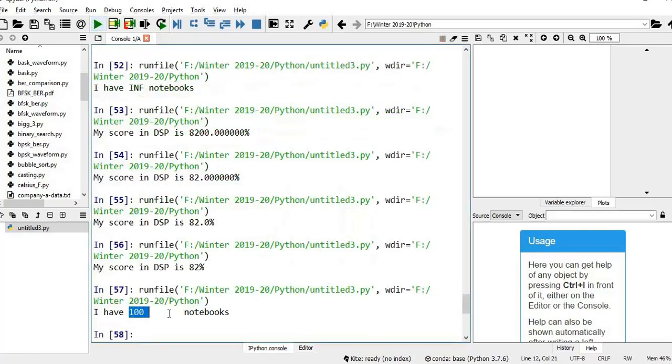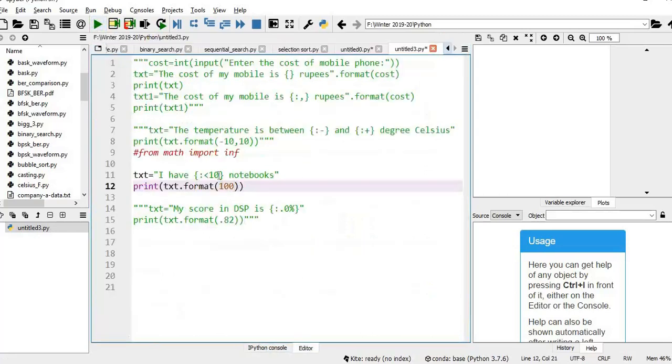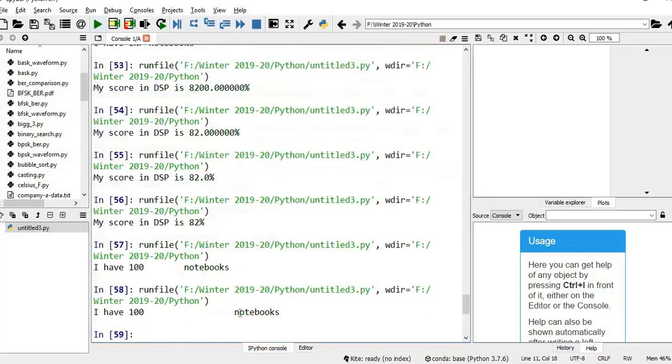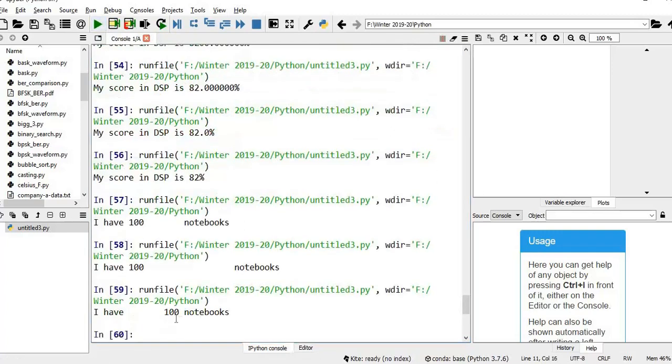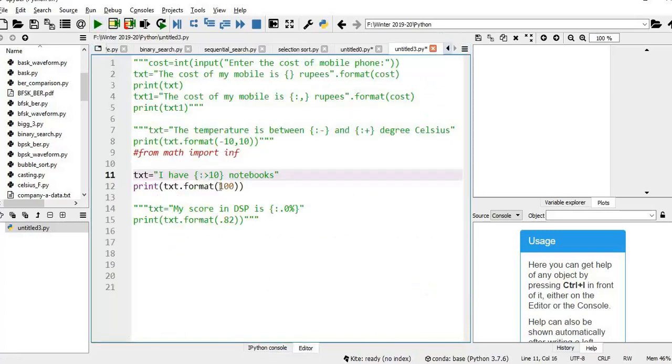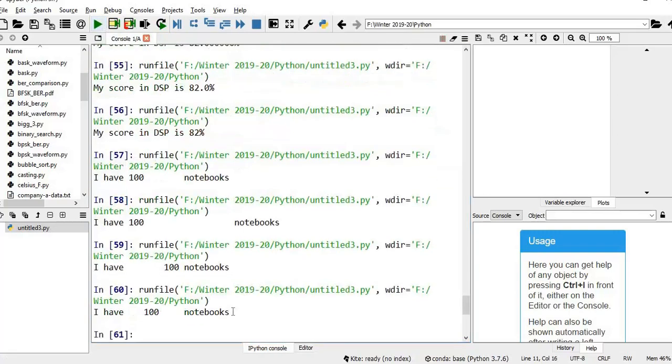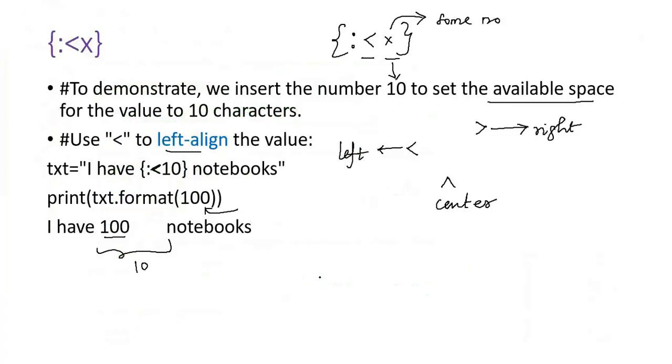You can see there are 10 character spaces and this 100 is left aligned. I can increase this, so there will be 20 character spaces. Similarly, if I want to right align this, I can use the greater than symbol. You see this 100 is right aligned and there are 10 character spaces. Similarly you can use cap, and you see it is center aligned.